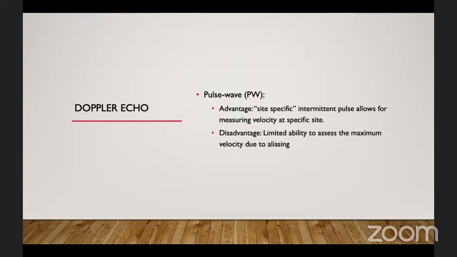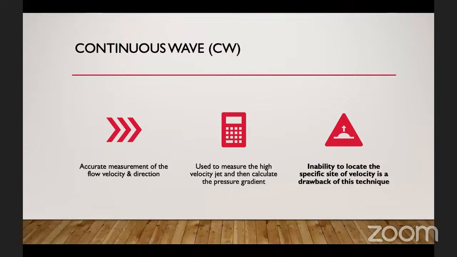The disadvantage of this technique is its limited ability to assess the maximum velocity, which is due to the aliasing phenomenon. The second application type of the Doppler study is the continuous wave Doppler, and this is a most accurate measurement